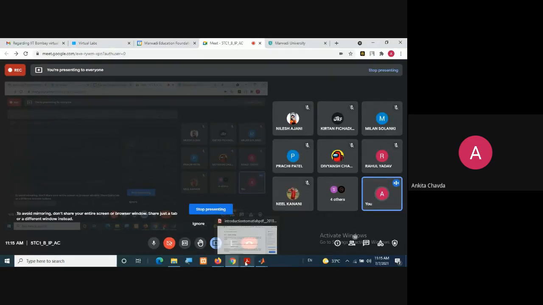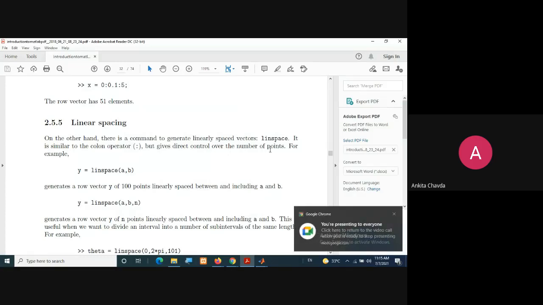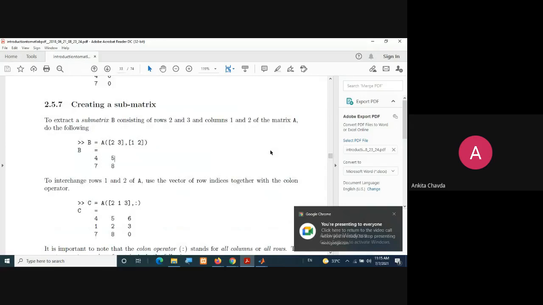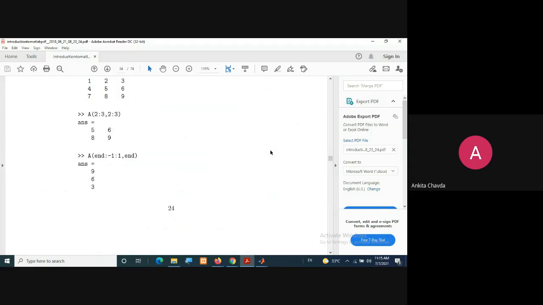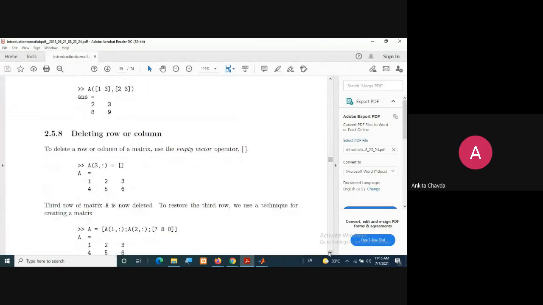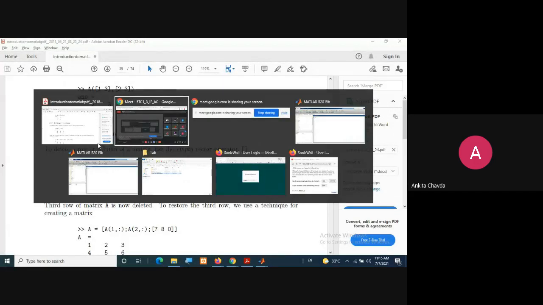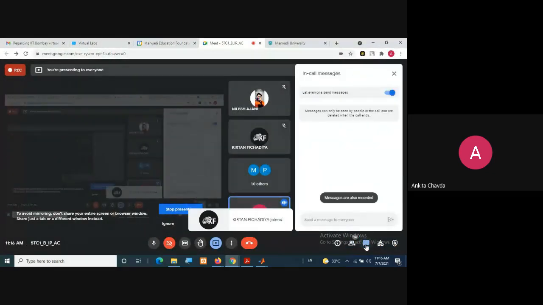In our previous lab, we have seen matrix operations, right? Matrix and vector operations. This is what we have done. And we have seen how to concatenate, how to access this matrix. Last we have seen this, if you remember. We are accessing it or printing in reverse manner, right? That's what we have seen. Now, again, we'll start with the matrix and vector only. I hope I'm audible and my screen is visible to you, so we can continue.